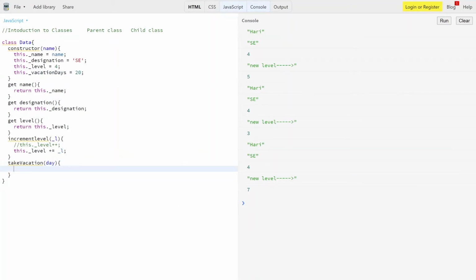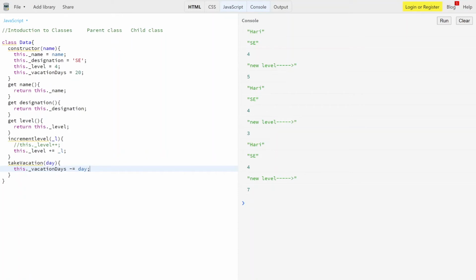Then I'm subtracting this from vacation days. Say a person takes a vacation, and in the year you have only 20 vacation days, so we have to subtract it from over here. How are we subtracting? We are subtracting using this dot, and then I'm just copying vacation over here and putting it. Then I'm assigning, or we can say subtracting, to day.